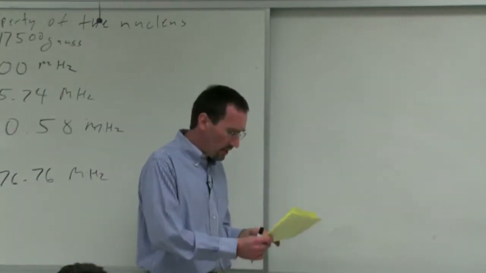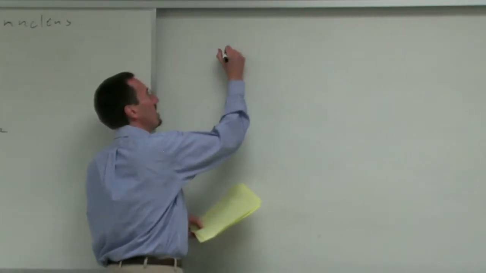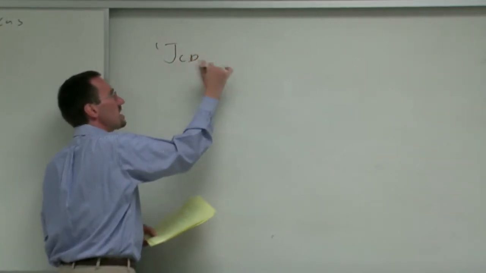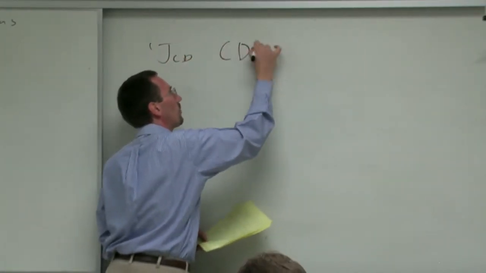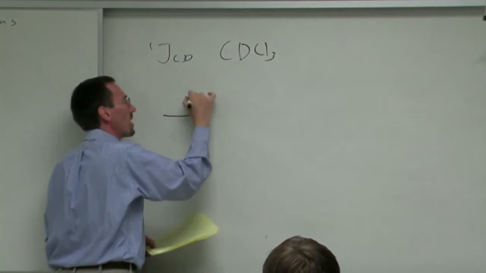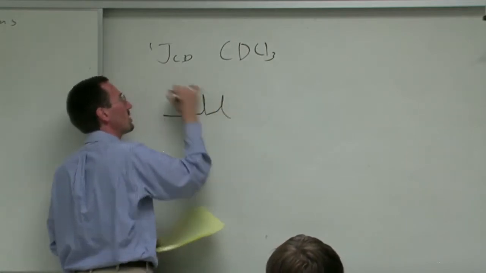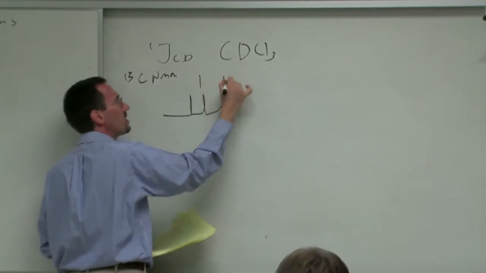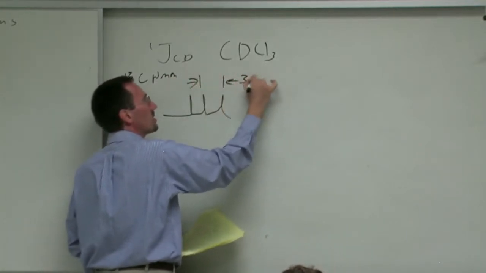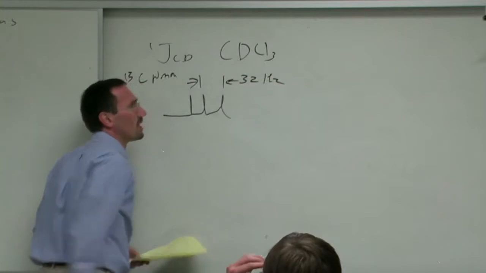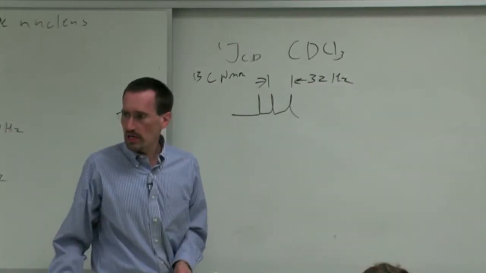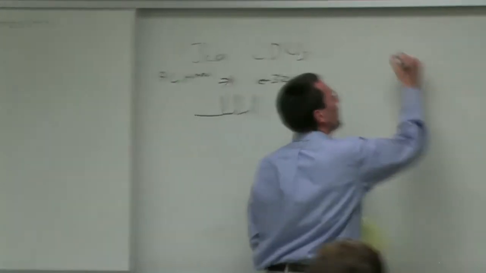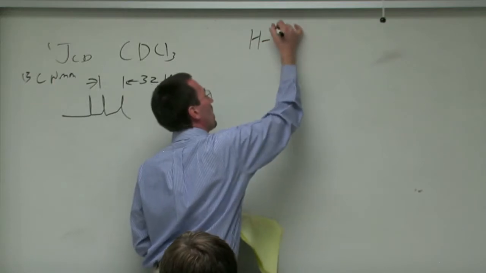Now, we already talked about the J1CD coupling in chloroform. And remember I said you see this 1-to-1-to-1 triplet in the C13 NMR, and the separation of the lines is 32 Hertz. Well, if you've ever looked hard at your chloroform peak in the proton NMR,